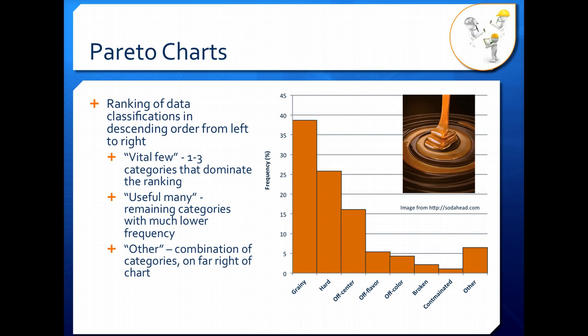We'll start with Pareto charts. You can see an example of a Pareto chart right here on the right. This is basically a ranking of data classifications in descending order from left to right. So we've got the vital few over here on the left. These are our categories that really dominate the ranking. Their bars are much larger than some of the other categories we have over here on the right, called the